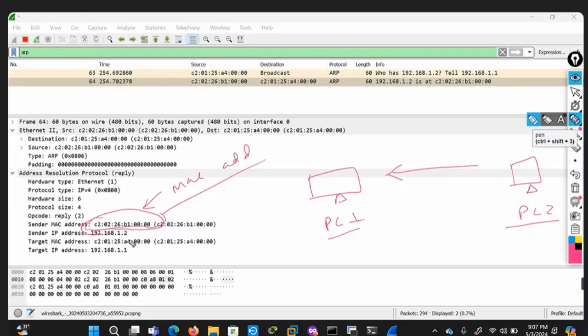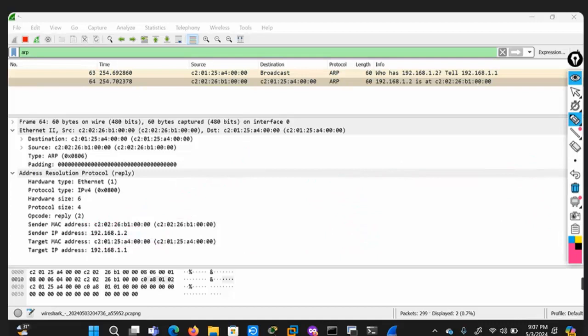And the source IP is the IP address of PC2 that we have already assigned, 1.2, right? And the target is the MAC address of PC1, and the target IP address belongs to PC1. So from this, PC1 knows from which MAC address the packet is coming.